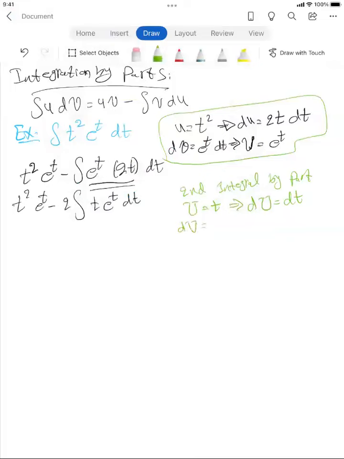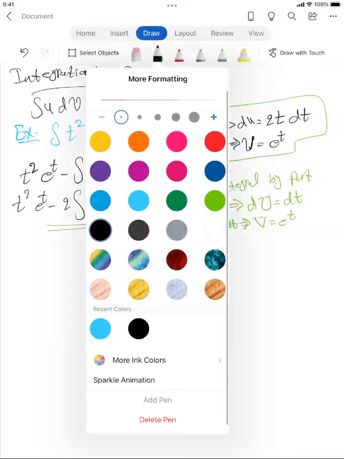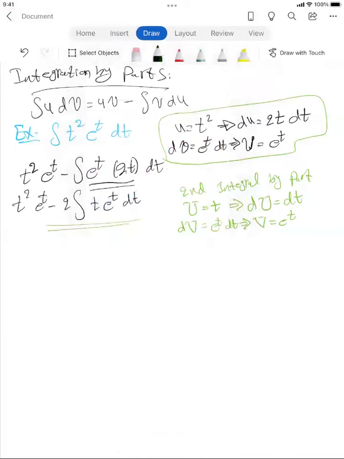dv equal e to the t dt. Then v equal e to the t. And we'll substitute here. So going back here, again, t squared e to the t, there is no change to this guy, minus 2. And apply again integration by parts with those,